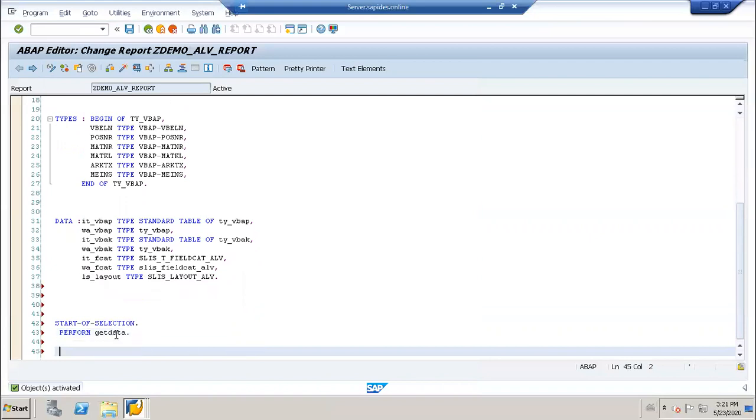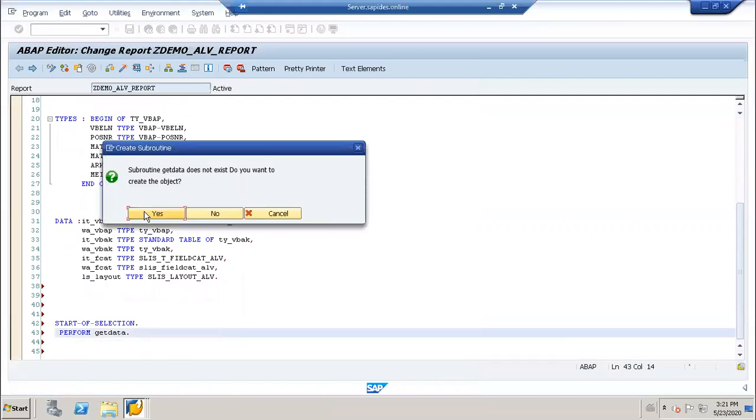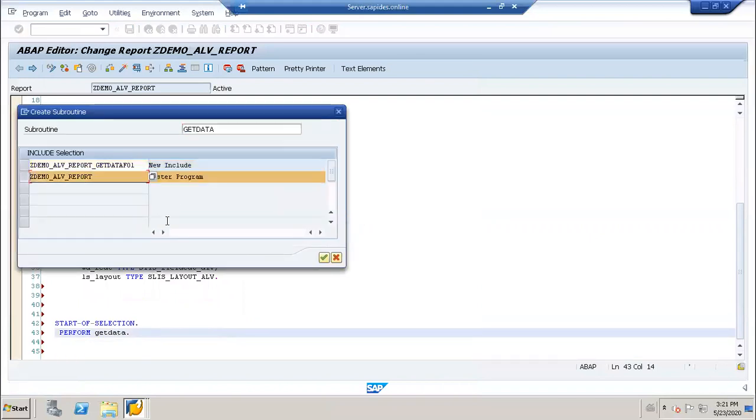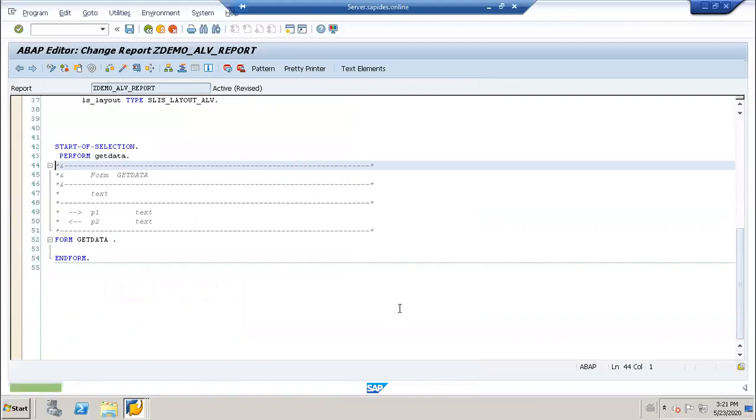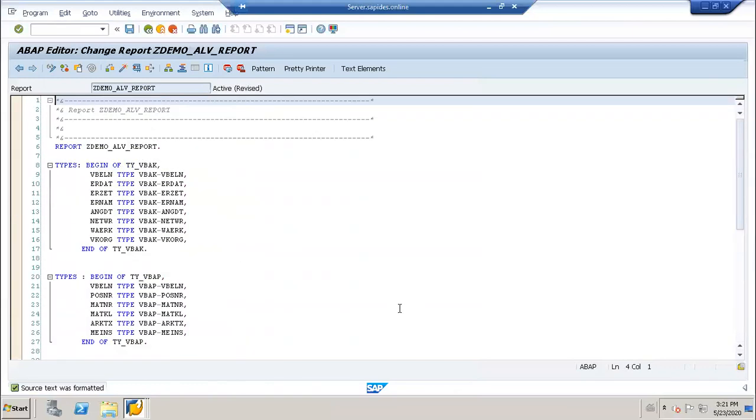Okay. So here, let me take a parameter over here.